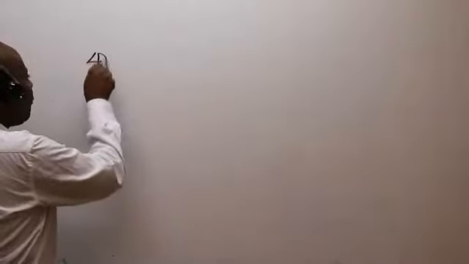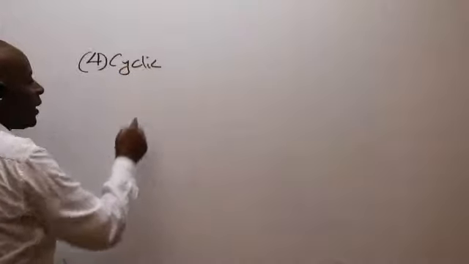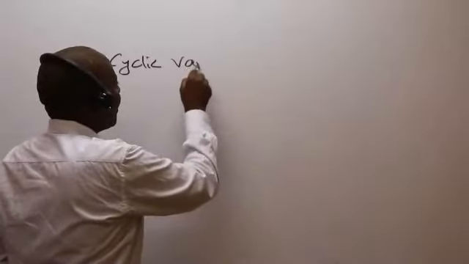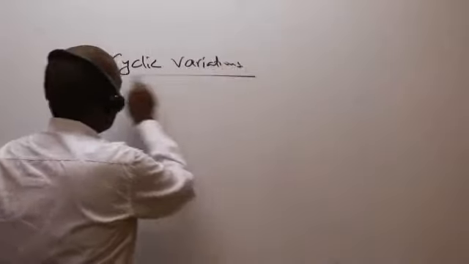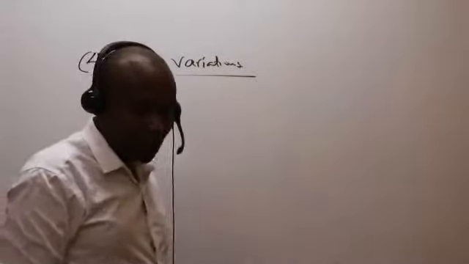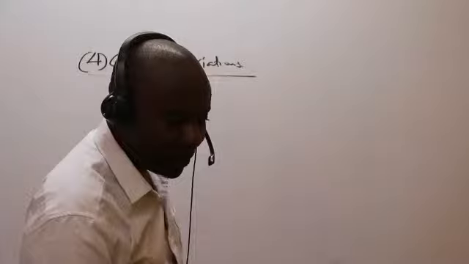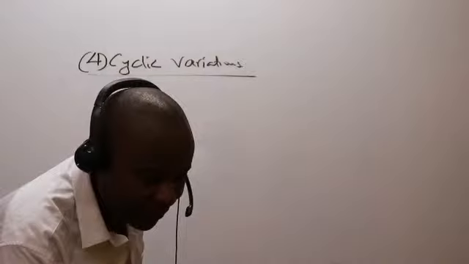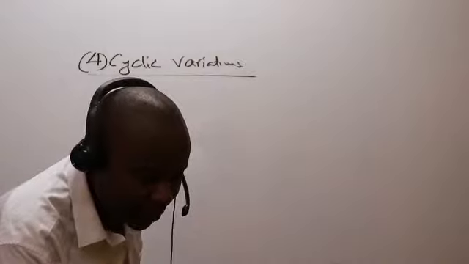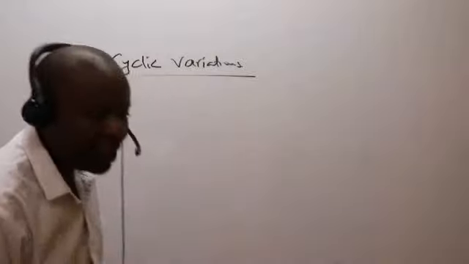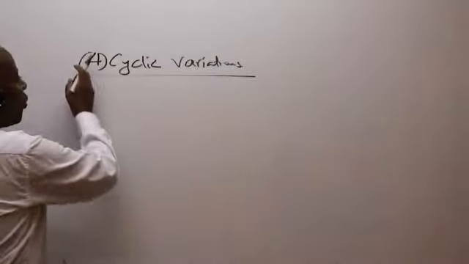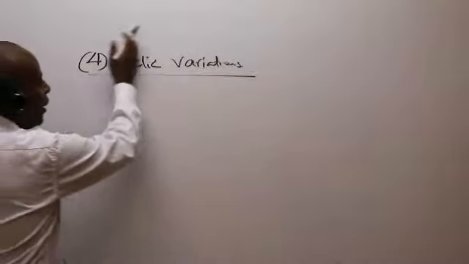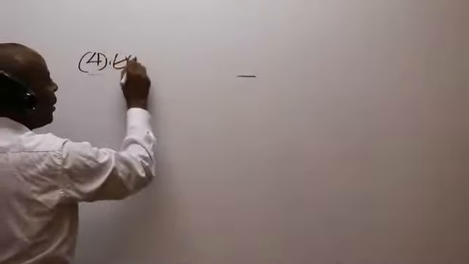So the fourth component, what do we have here? Please give me 1 minute, address some small issue. So cyclic, at least that you have been able to understand. So we go to the fourth one. The fourth one is not cyclic. The fourth one is supposed to be erratic